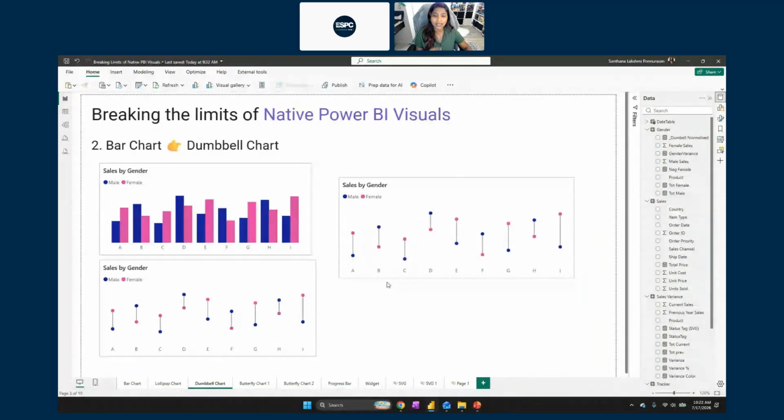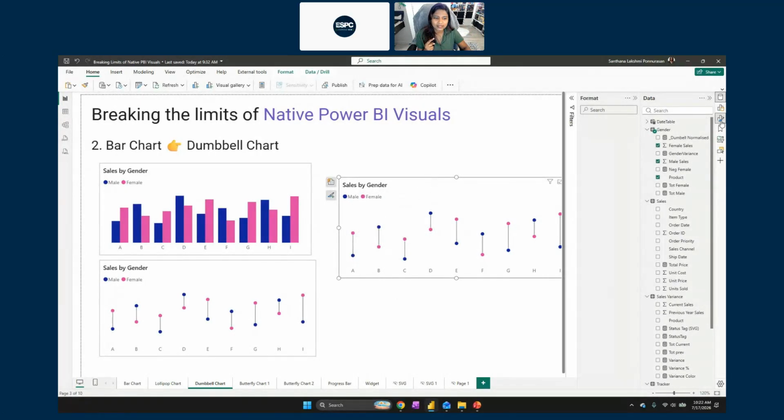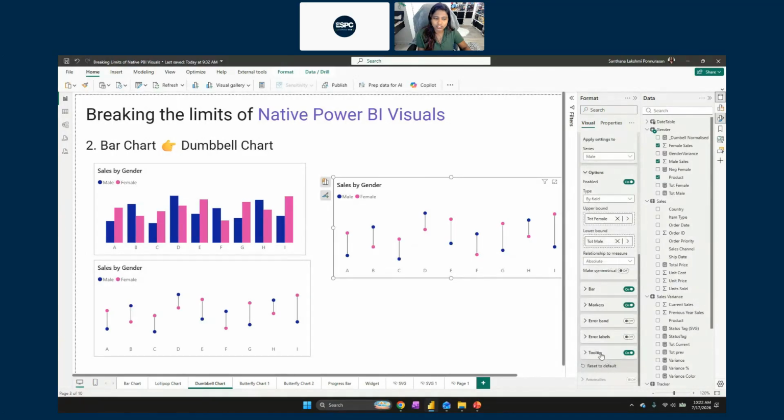Quick thing to note, if you ever use an error bar, when you hover over the data points, you're going to get some weird extra elements inside your tooltip. You see how I have something called upper and something called lower? That's because I used an error bar and it comes by default. What you can do to get rid of that is in your error bar section, you will have something called tooltip. Just switch them off. That's it.